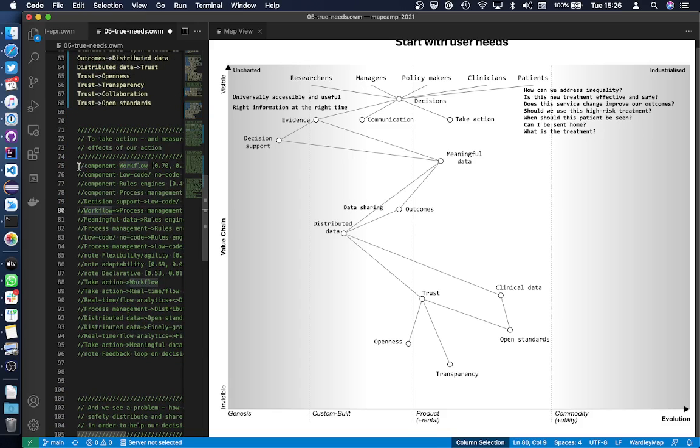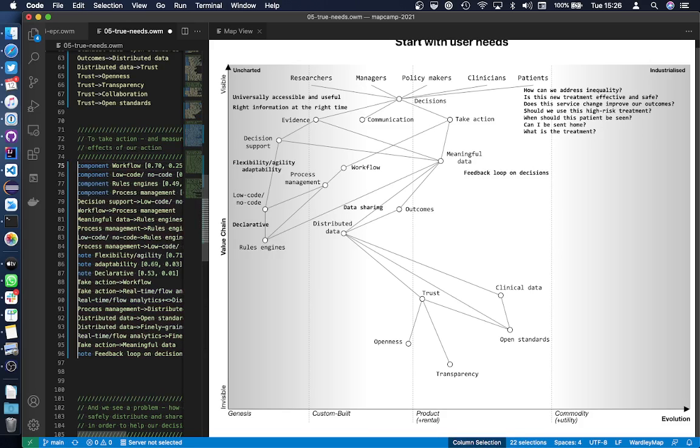If we're going to take action, we need systems that manage our workflow. And that means building systems for feeding back into our decision support and evidence. So we take action, we have process management. We have no tools for orchestrating complex pathways of care if they span more than one organisation. It's manual re-entry. We're reinventing the wheel every time, when in fact we should be giving tools to